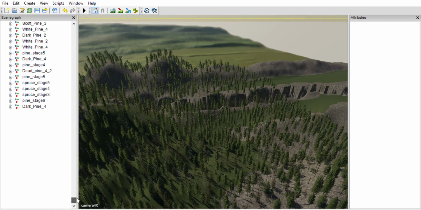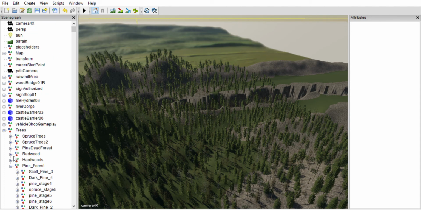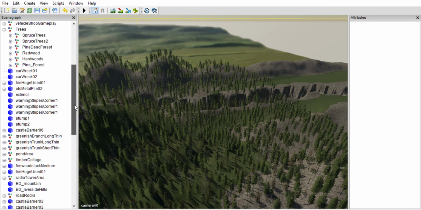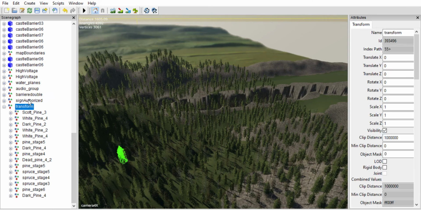What will be left is, go back up to the top here and collapse this one so that your scenograph here isn't so long and you can get back and forth. Otherwise, you'll be scrolling forever. And then everything is right back to the transform group here as it was before, which you can see is our whole group there. And then you would just repeat the process, grabbing the first one in line,